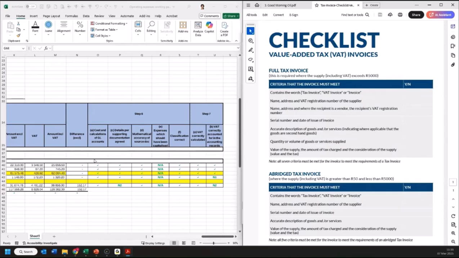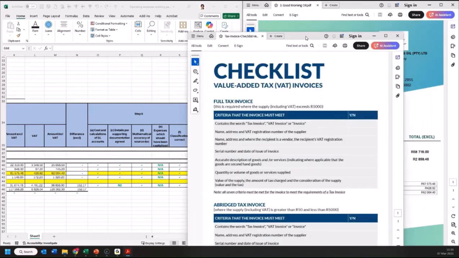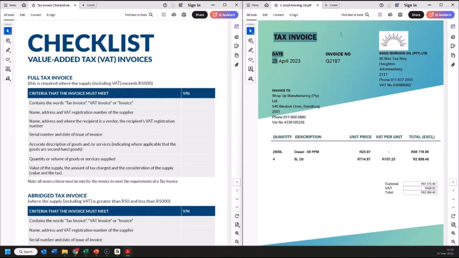So we'll have to check that it has the name VAT invoice. Let's have a look at that quickly. I just want to split the screen again. It says VAT invoice there. Does it have the name, address, and the VAT registration number of the supplier? That's Good Morning Oil. There's the name, the address, the VAT number of the supplier. What is the name and address of the recipient? In other words, Wrap Up Manufacturing. Does it have our VAT number? Yes, there it is. Then a serial number for this invoice number that we've recorded, the date of the invoice,